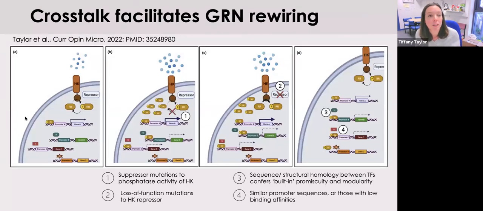I just really want to quickly mention how, at the moment, I've talked a lot about quite artificial conditions. Of course, we're using experimental evolution and we're using quite contrived mutants to explore some of our questions. But we've been thinking a little bit about how crosstalk might facilitate gene regulatory network evolution in more natural settings. And we wrote an opinion piece in Current Opinion in Microbiology earlier this year that talks about how